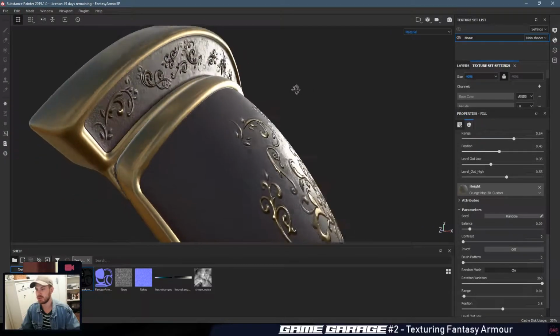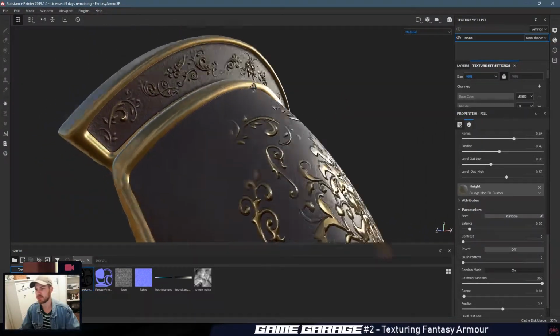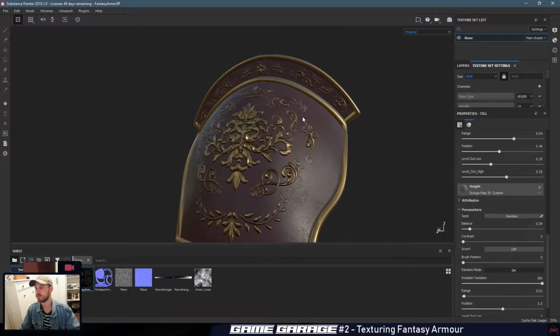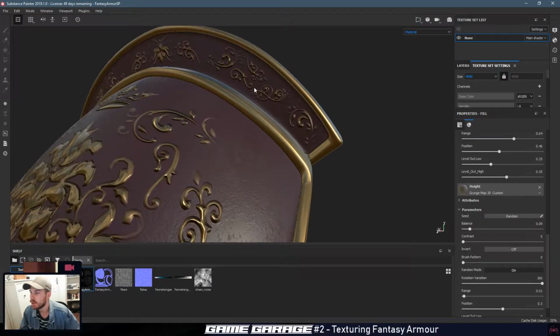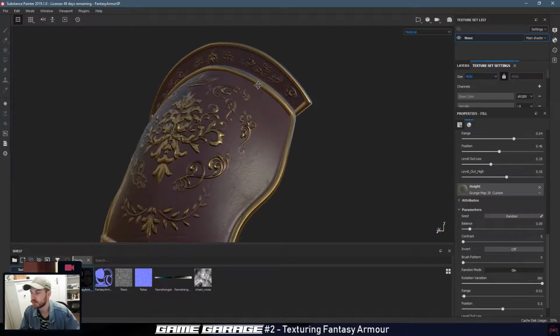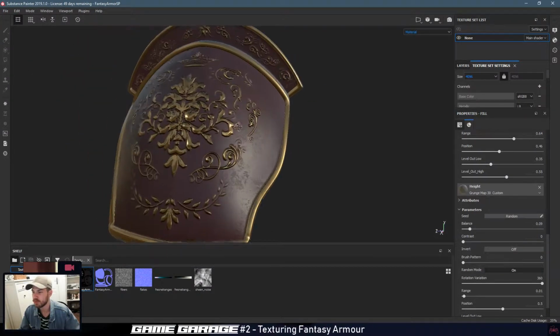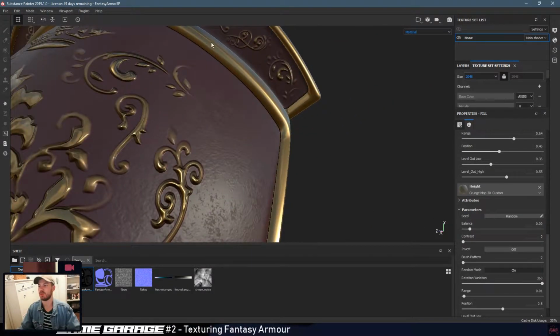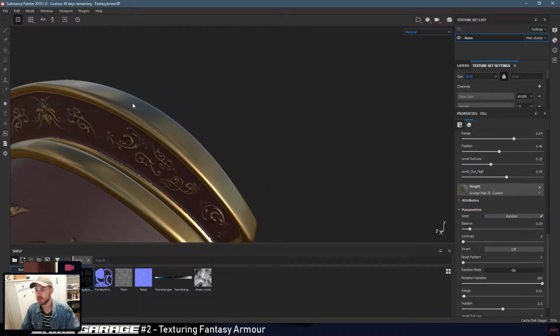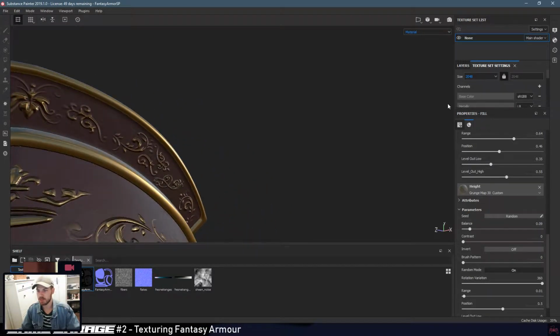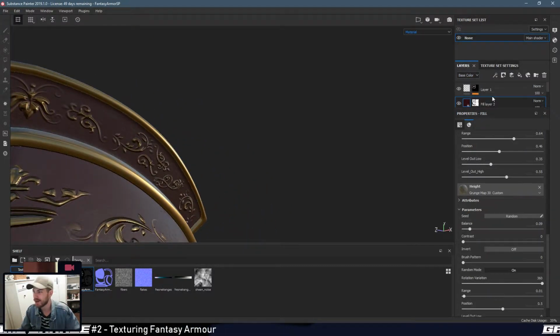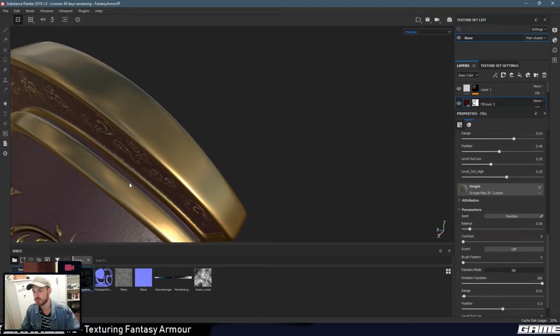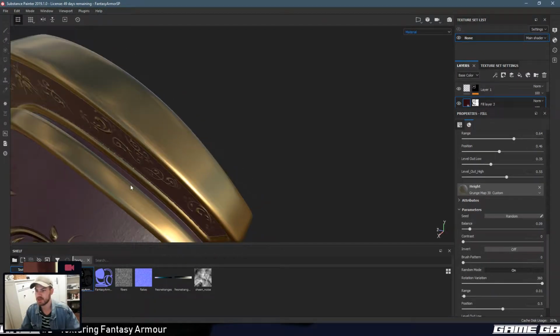But now I need to make sure that this mask is really well masked. Okay, so what am I going to need to do now? I don't know, maybe I should have had this as a, no, never mind. Okay, I'm going to go back down to 2K and start working on this. So I want to get this now to be the same type of leather but just black, and the same goes for this. So I could,